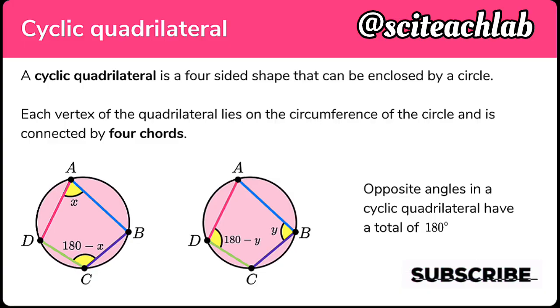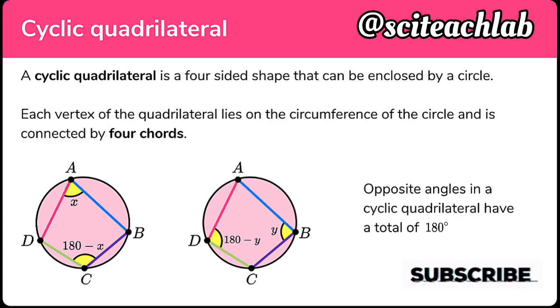If the points that form the sharp corners of the quadrilateral do not touch the circumference, then that is not a cyclic quadrilateral. So what I'm trying to say is that each vertex of the quadrilateral should lie on the circumference of the circle, and then the chords should connect them. Being a quadrilateral means that it will have four chords. So look out for the following properties. The chords are the lines that touch the circumference, and therefore they're going to form a four-sided object inside that circle. So we need four chords, and these four chords should connect